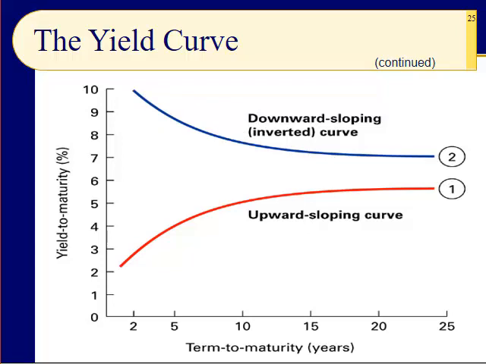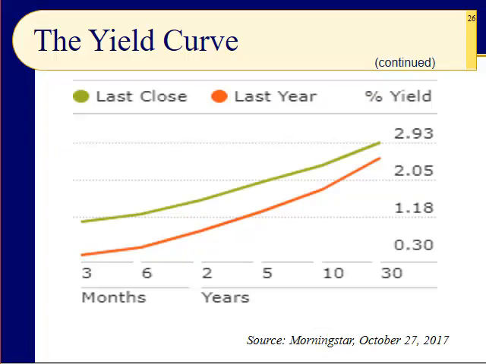Hang on a minute. Here's the yield curve today, slide 26. It is still upward sloping. But notice that the short end, the green, is today, and the orange is last year. Notice the green is much higher than the orange was a year ago. Short-term interest rates, which are controlled pretty much by the Federal Reserve Bank, have risen. They've jacked them up.